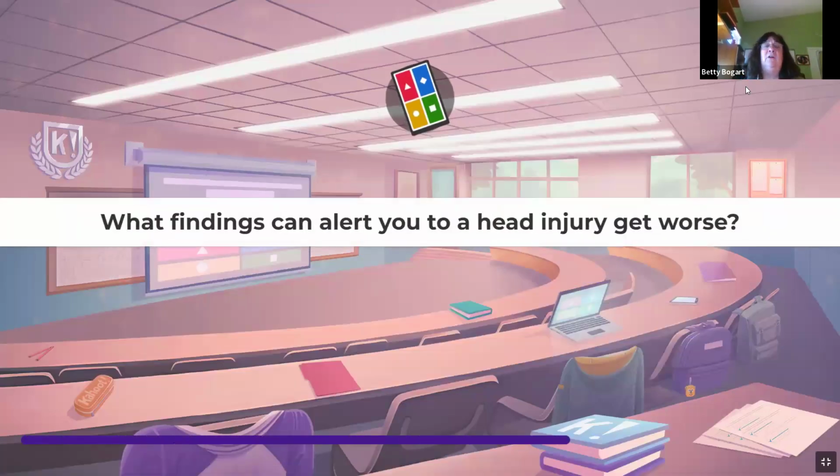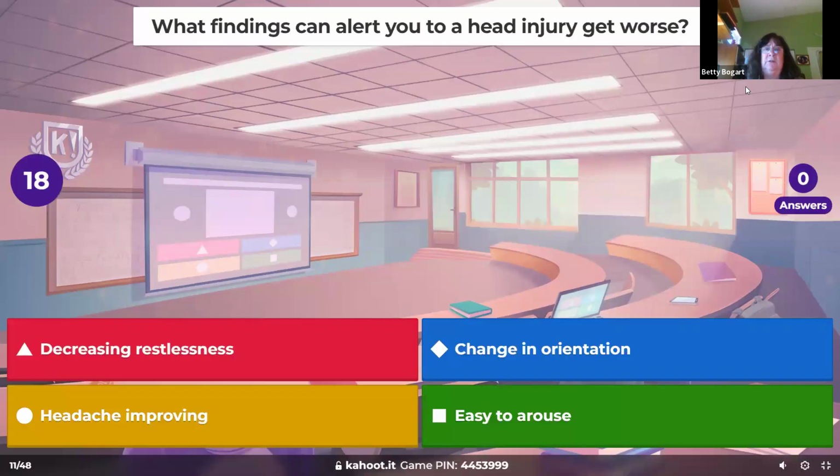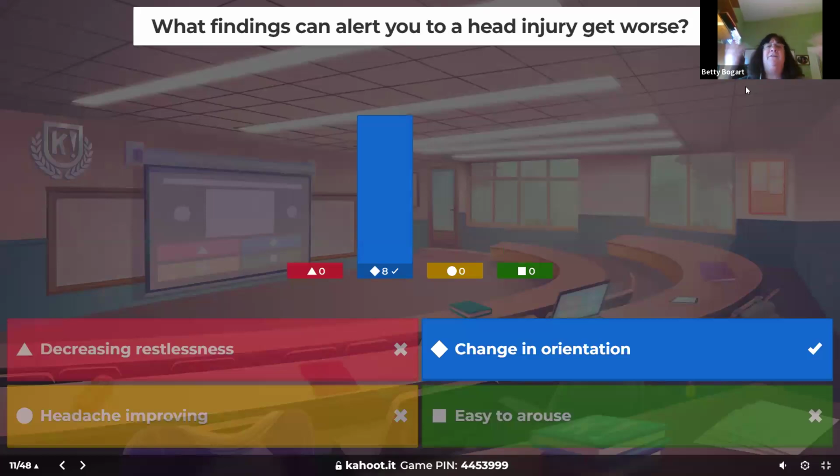What findings can alert you to a head injury getting worse? How many children come in after a sports injury or falling off something and they said the child was knocked out? And what do you always hear with these kids? They're playing ball and ask, "Was I safe at the base? Did we win the game? Where are we?" And it gets more and more. It's that amnesia that happens, but it gets to the point where now you can't wake them up. And now we know our head injury is even worse, probably need some sort of evacuation of a hematoma. So it's the LOC, change in orientation.